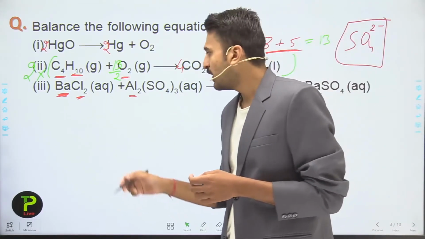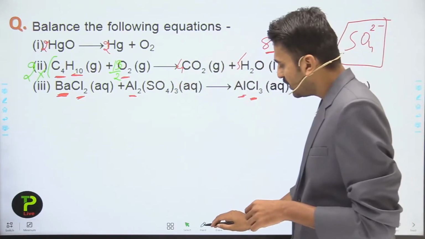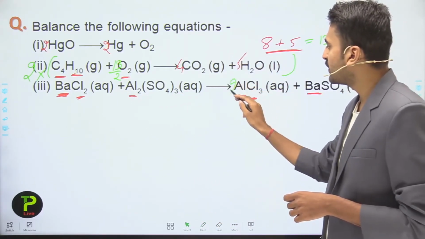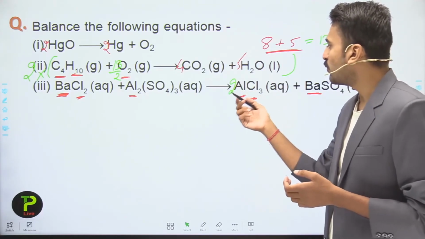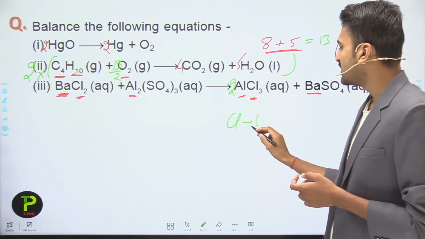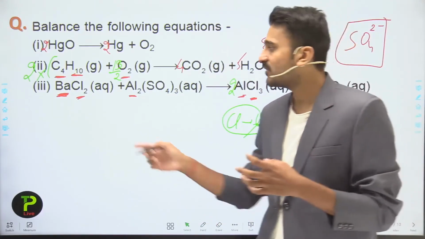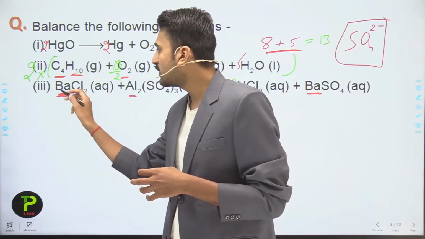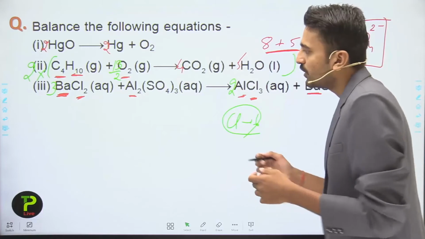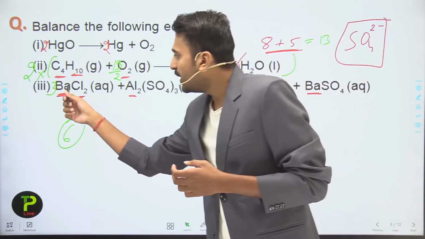Now on balancing and making the number of atoms equal on both the reactant side and the product side, here you see that the aluminium here is 2 while here it is 1. So I multiply it with 2. So aluminium becomes 2 while the chlorine atoms present here will become 3 twos are 6. So chlorine atoms will become 6 here, while in this case there are only 2 chlorine atoms. So I have to multiply this barium chloride with the coefficient 3 to make the number of chlorine atoms equal. So here the chlorine atoms also become 6 while the barium is unbalanced.